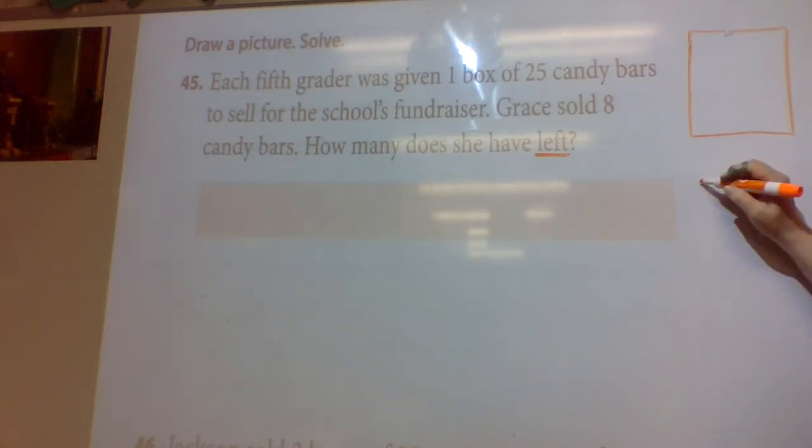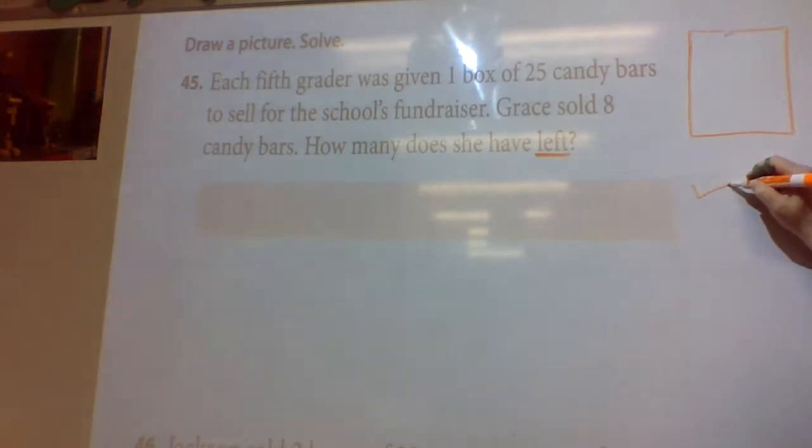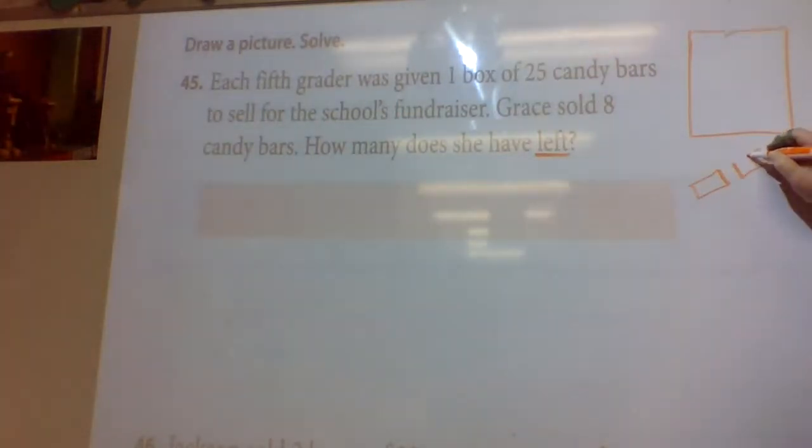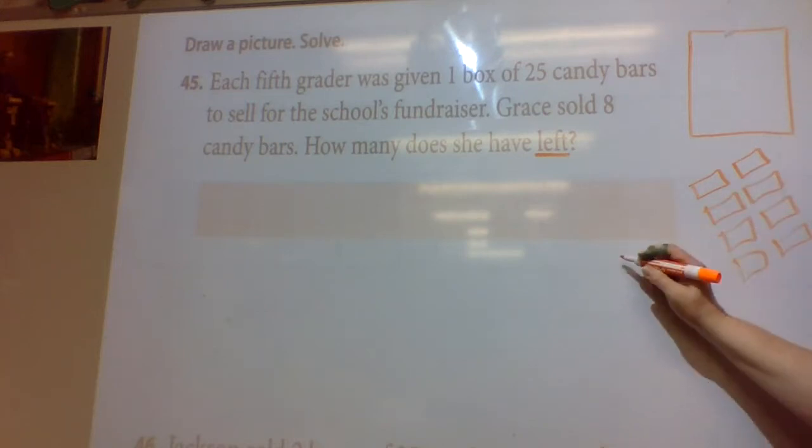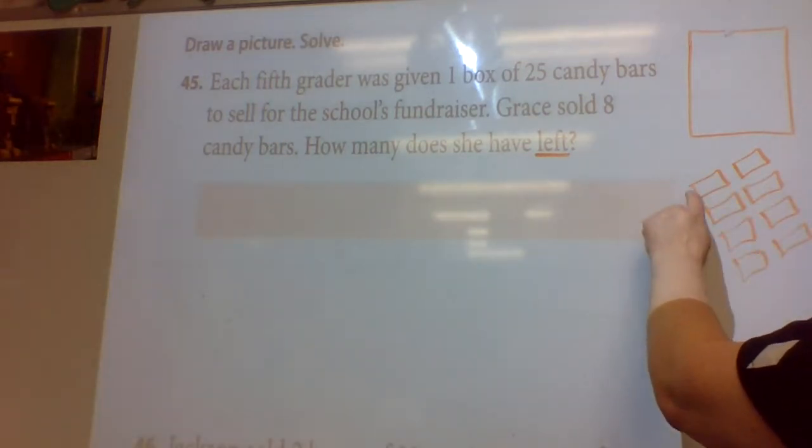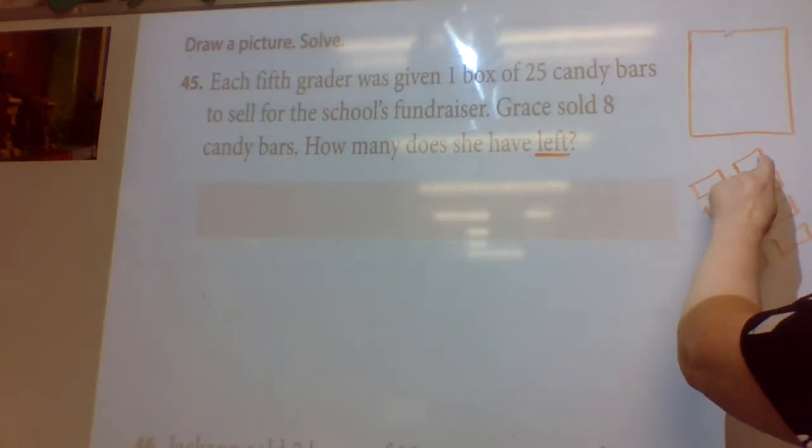Okay, and then have the 8 that she sold, maybe make those outside the box. 2, 3, 4, 5, 6, 7. These are the ones she sold to somebody, and put the rest of them in here. Okay, so 1, 2, 3, 4, 5, 6, 7, 8,